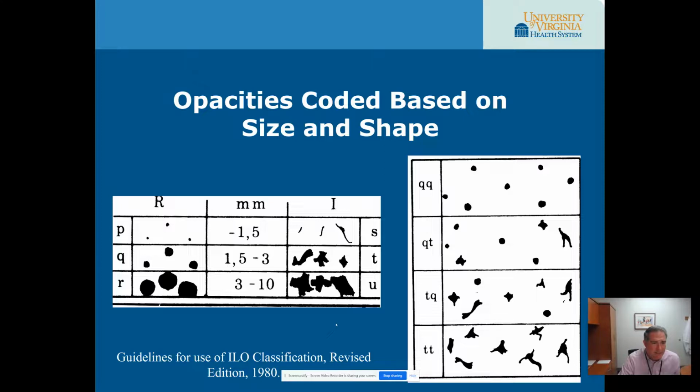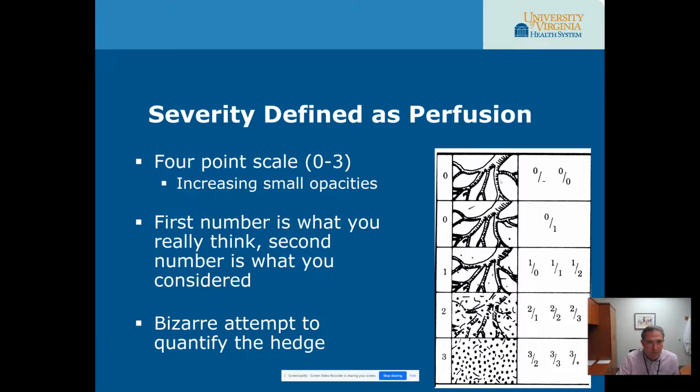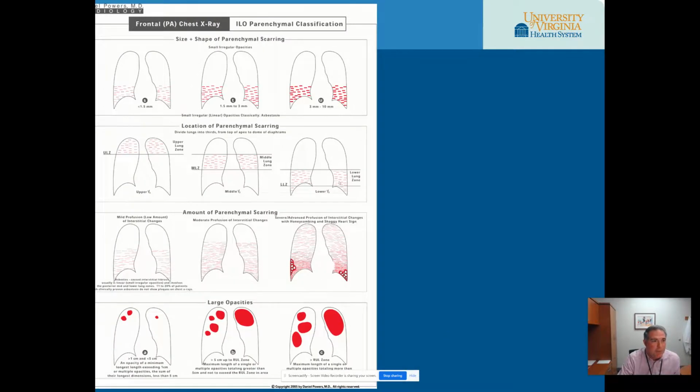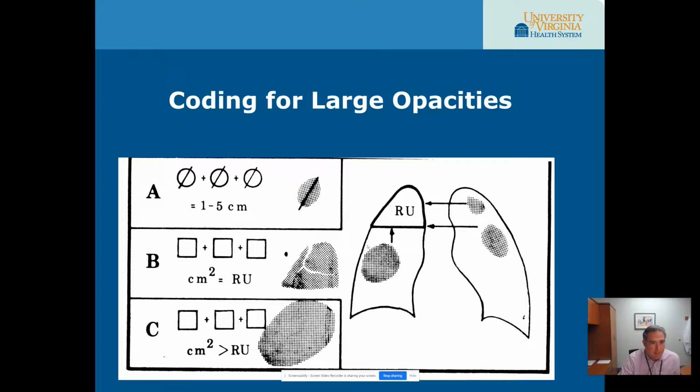I won't go into any detail of this, but it's these wacky codes and sizes of opacities and nodules. This is a TT and a QQ. I mean, very strange stuff, but you have to memorize this stuff, take the test, and then if you're asked to read radiographs, you have to fill out this form and talk about distribution. I've never seen that, but just again, so you're aware,